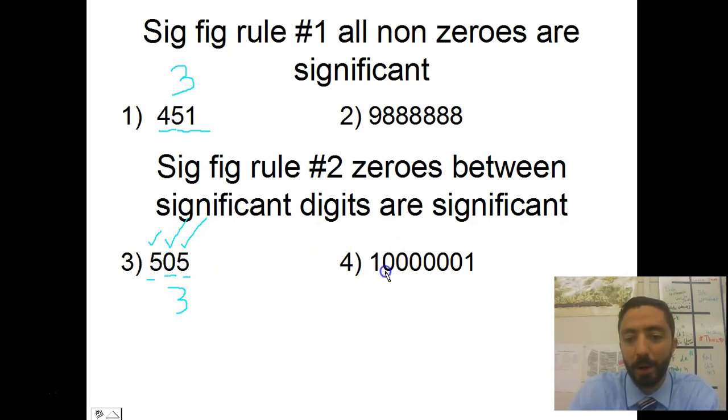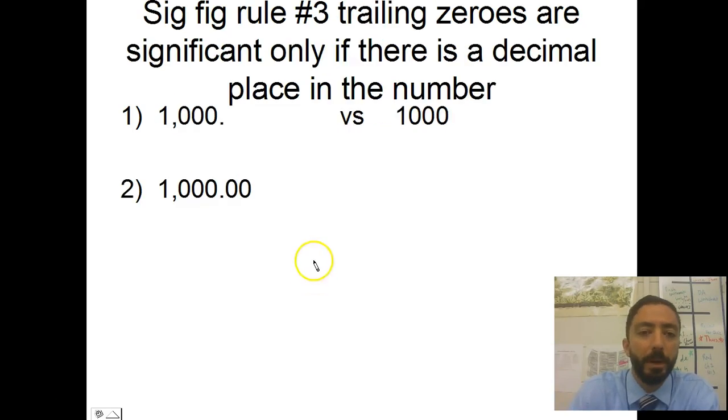This number over here, all of these zeros are significant because we've got a non-zero on either end. And so that's the sandwich rule. Again, feel free to make up a couple numbers on your own and see if you can determine how many sig digits there are. Number 3 is talking about trailing zeros, and a trailing zero is any 0 after the